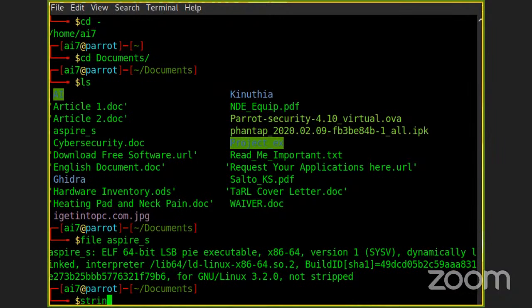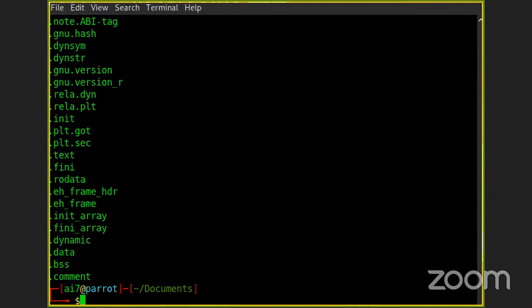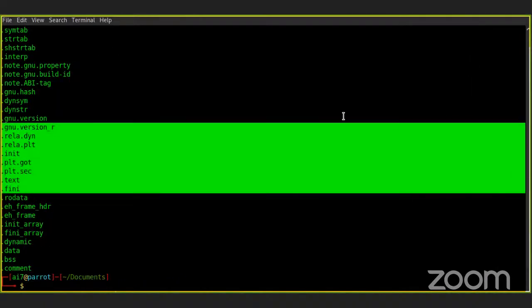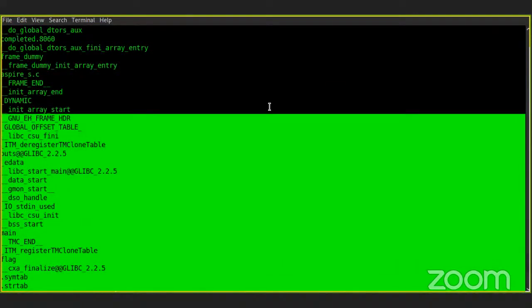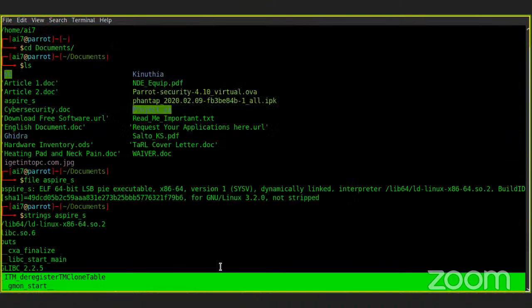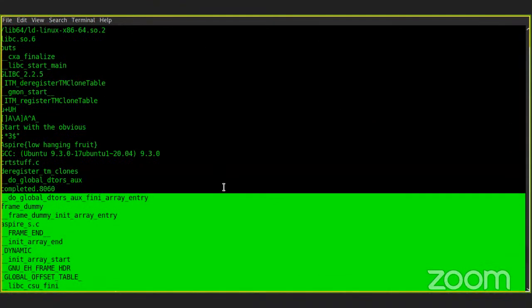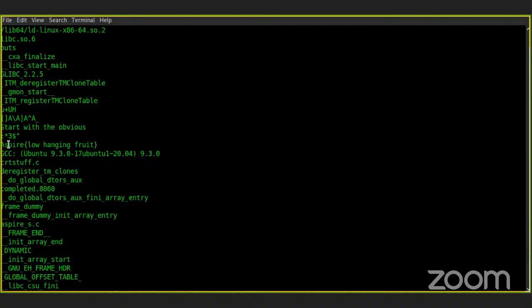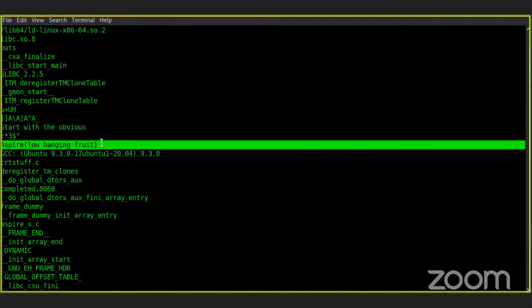So I'll run strings on it. If we run strings on it, we get our flag here, Aspire low hanging fruit,